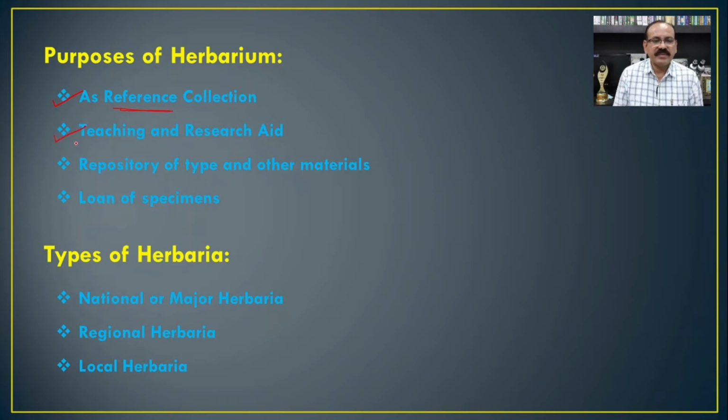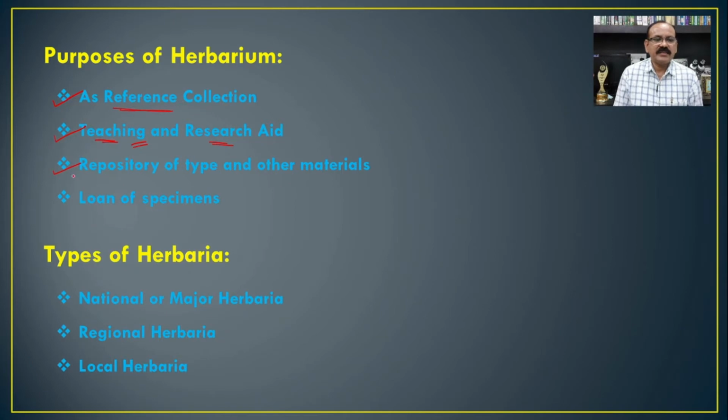Then even the different specimens which are available in the herbarium, they act as teaching and research aids, because while teaching to the students in UG as well as the PG, it is not possible to collect every plant of every family from the syllabus. And in such a situation, if we will have the dried specimens, preserved specimens in the herbarium, then we can easily show such type of the plants to our students, so that the students become aware of the actual plants or the actual specimen of the flora of that particular area.